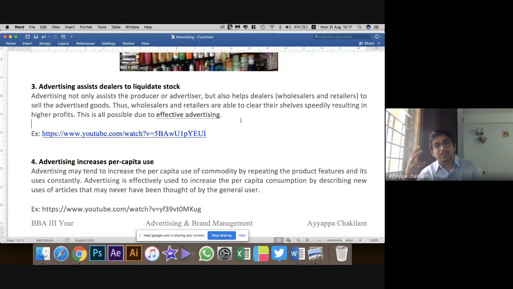So a dealer has ordered particular products, whereas the company salesman comes in and tells him to purchase the product. Really nice dealer discounts are being given. So the shopkeeper keeps the stock. But because of no advertising, the stock is not being lifted by the customers. It will be a tough job for the shopkeeper to sell, because the customer is not seeing the product through advertisements. Dealer advertising will help the dealers to see, oh wow, this product is being shown in advertisements, so there's a greater chance that the customer is going to come and buy.